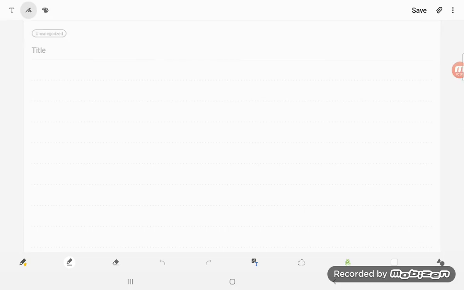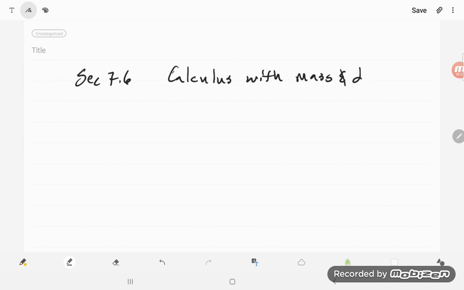Okay, so let's get into some calculus. This is section 7.6, and let's get into some calculus with mass and density. So we said mass is just the density times the area. Well, suppose I'm given